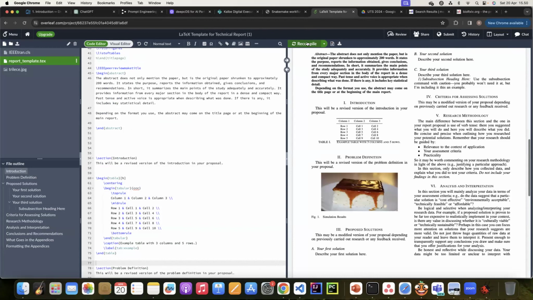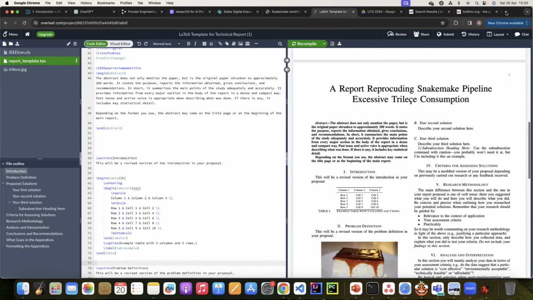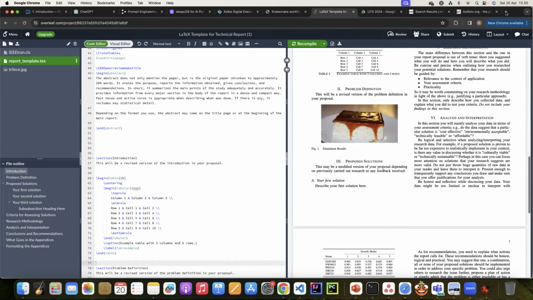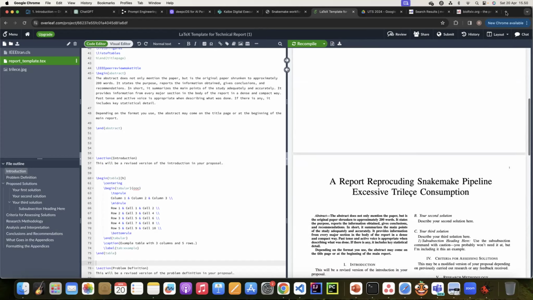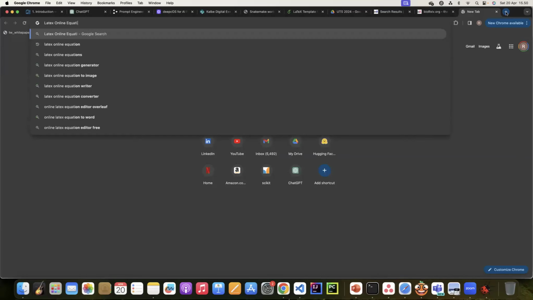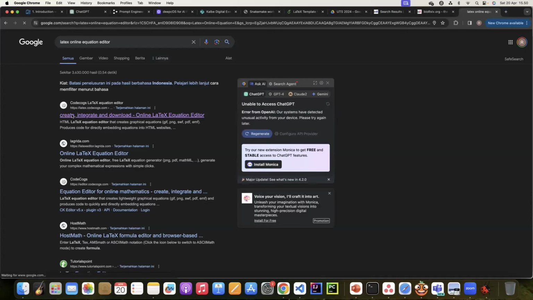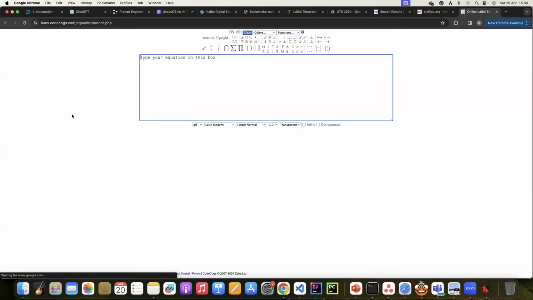What else? Equation. Sometimes you need to have equations in your paper. Mathematical equations, you can use a LaTeX online equation editor, okay? So I usually use this one. There are so many others, but this one is free. Let's say I type f(x)